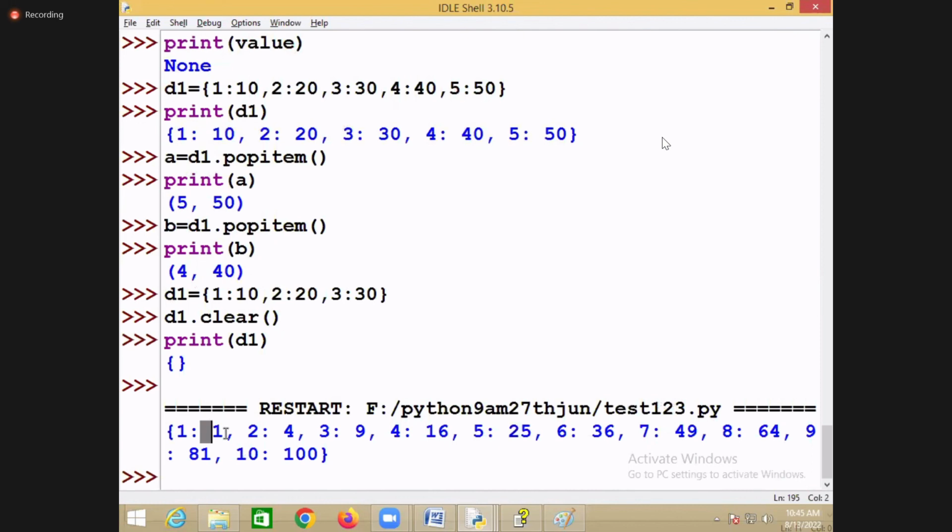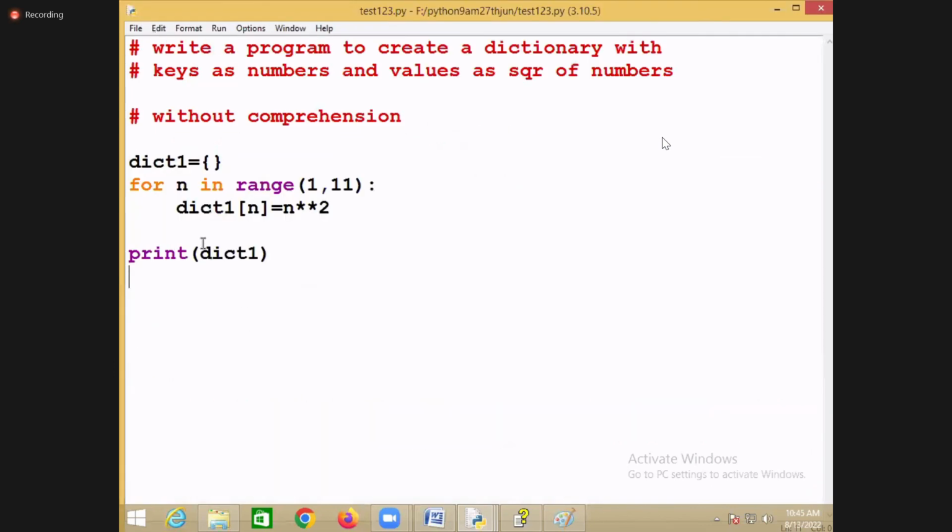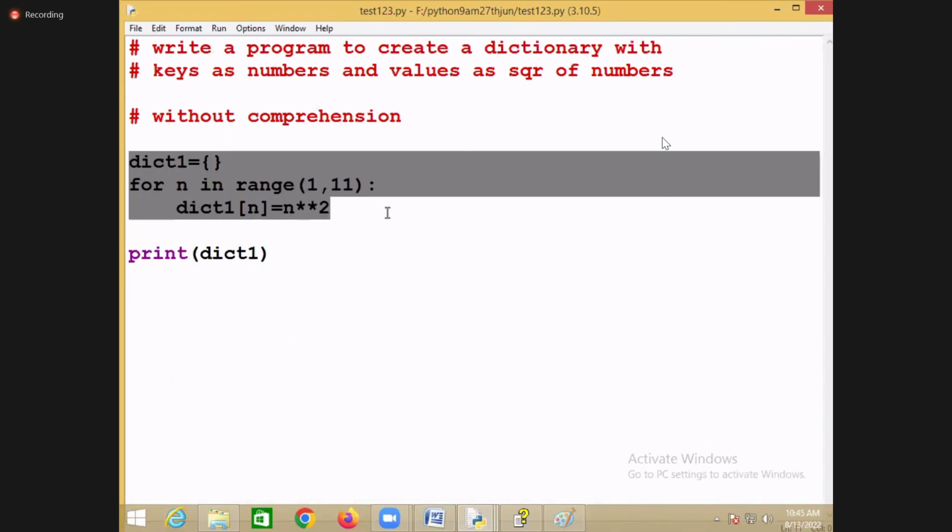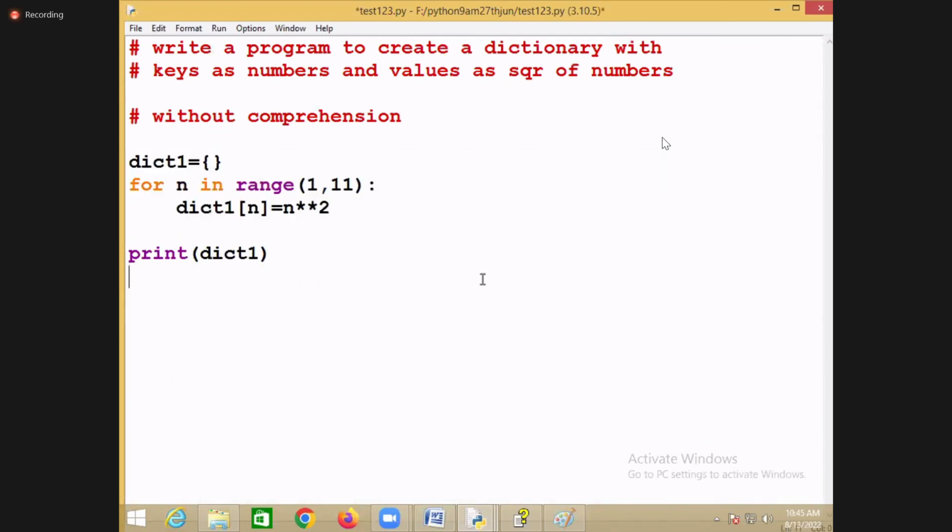1 is a key and 1 is a value, 2 is a key and 4 is a value, 3 is a key and 9 is a value, and 4 is a key and 16 is a value. For doing this, I've written 3 statements, but with the comprehension,